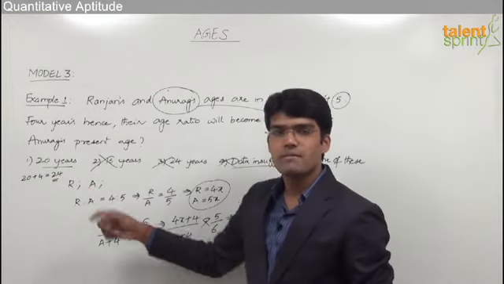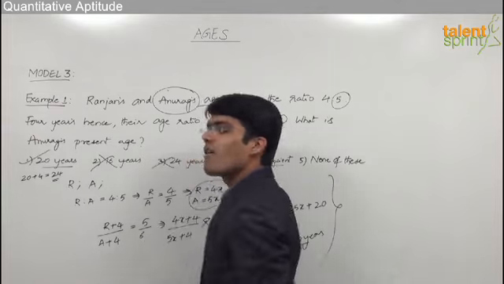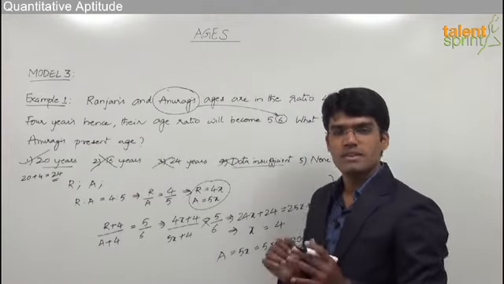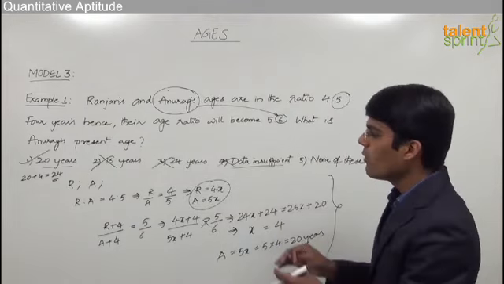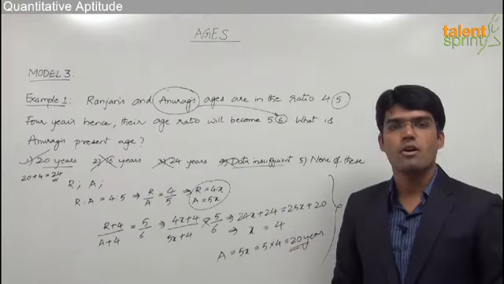As this option satisfies both the conditions, we can directly say that option number 1 is correct. So this is how, without writing all these steps, we can simply eliminate the wrong answers and verify the correct option from the two given conditions. Let us now discuss another example based on the model that we have just discussed.